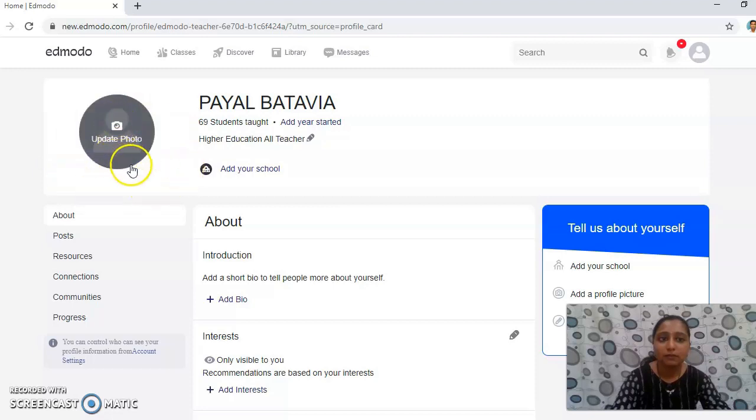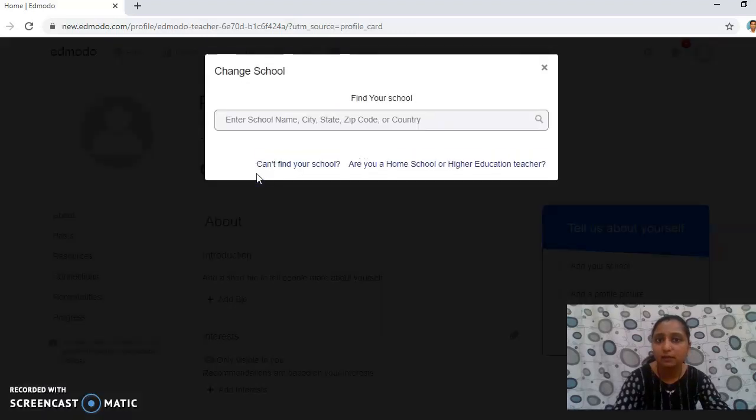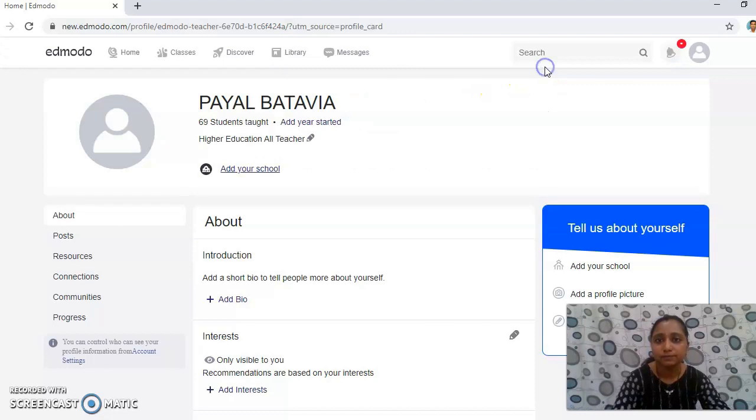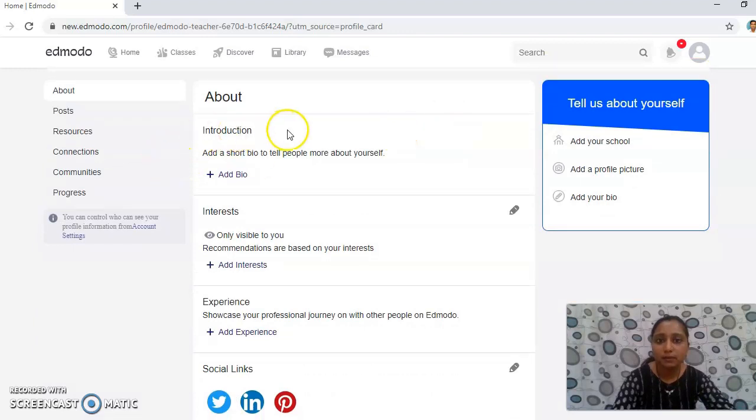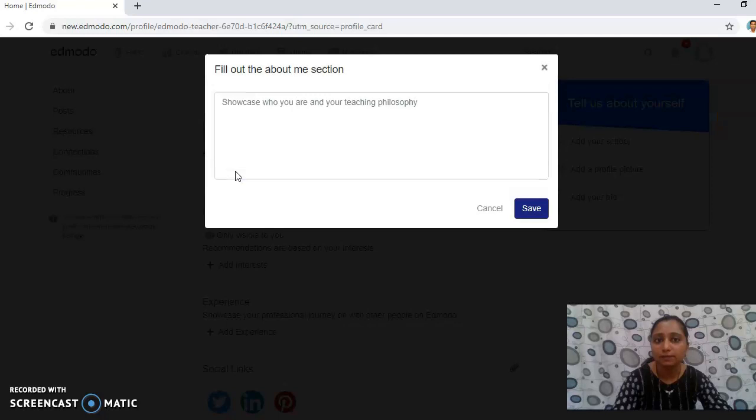Once you have done with the photo, now you have to add your school if you want. Just click on add school, and here you will get a list of schools which have already been registered in Edmodo. And if not, you can create your own school name by entering the name and selecting it. Next, you have to write about yourself, that is your introduction, your short bio, or you can add your own CV.